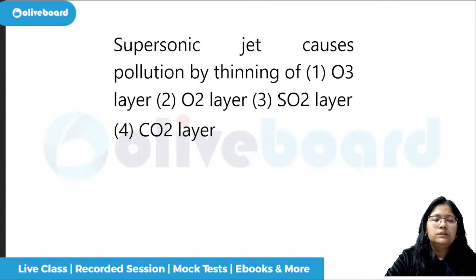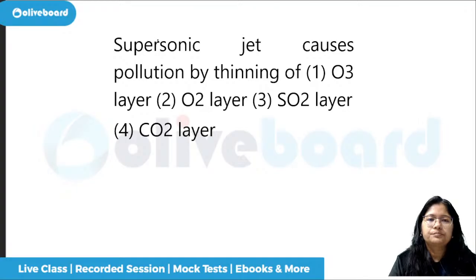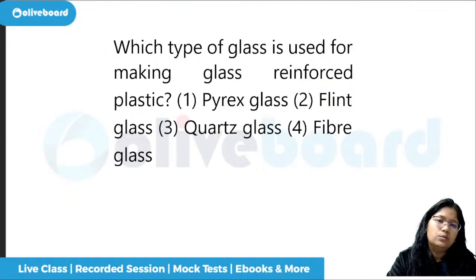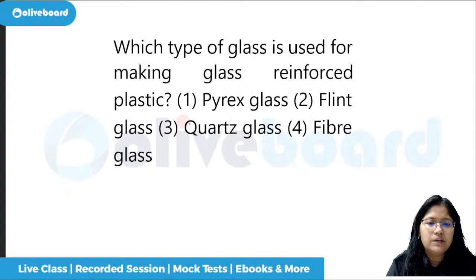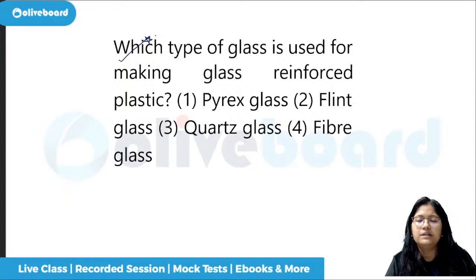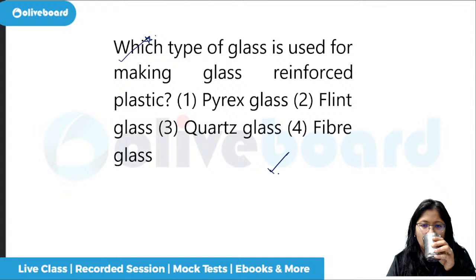Next question. Read the question. Supersonic jet causes pollution by thinning of what? When there is a supersonic jet, it goes through the atmosphere, and there is the O3 layer in the atmosphere, and it causes the thinning of the O3 layer. So supersonic jet causes pollution by thinning of the O3 layer. Which type of glass is used for making glass reinforced plastic? Just before some time we had seen that we call them as